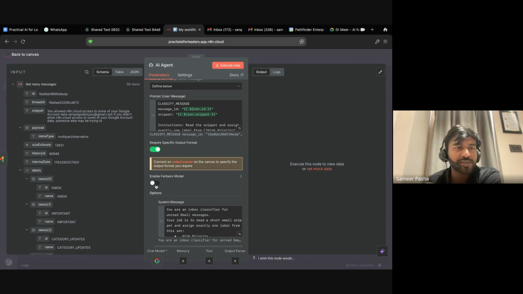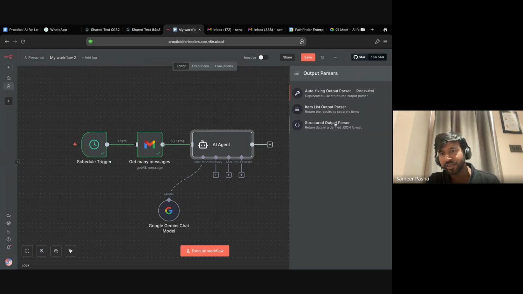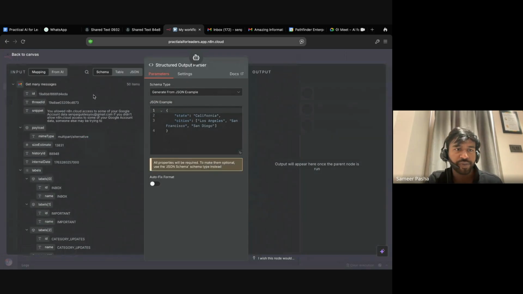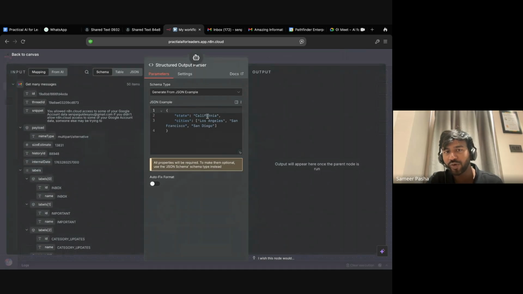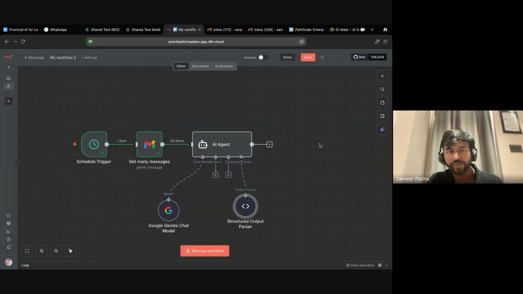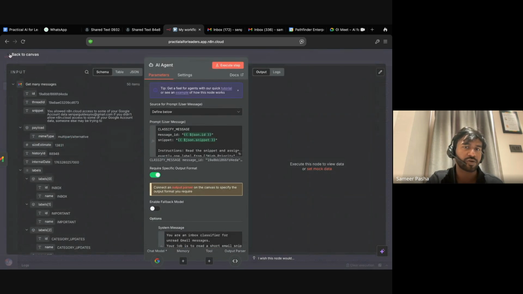Since what we are doing is a very small task, we don't need a fallback model. Output parser, structured output parser. Here we are going to set up how exactly we want the output to be. Okay, let me set up the output parser.